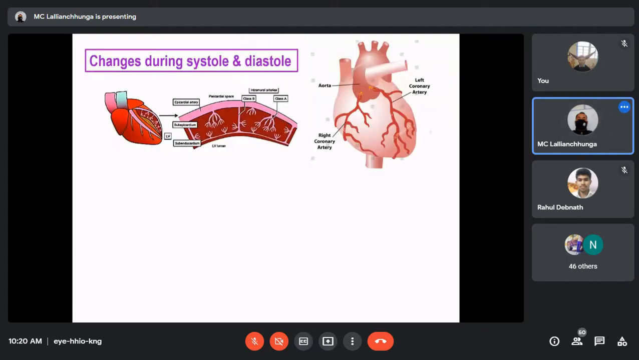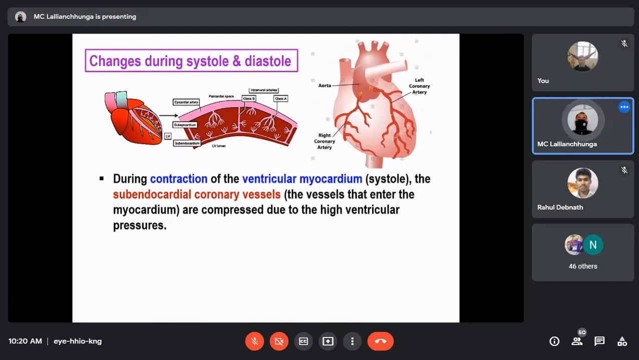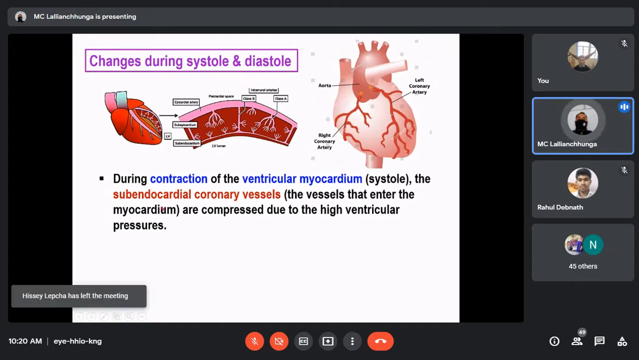So what will happen in the coronary circulation during systole and diastole? Changes during systole and diastole. I've already told you a little bit of this also. Now let's see during contraction of the ventricular myocardium, that is, during systole, contraction of the ventricles, the subendocardial coronary vessels, these are the vessels that enter the myocardium, are compressed due to the high ventricular